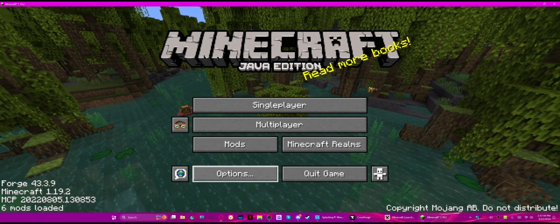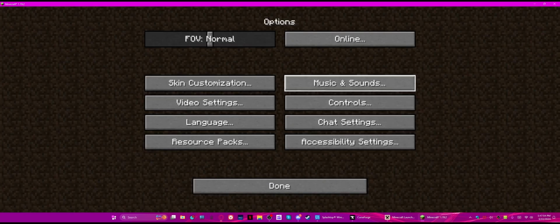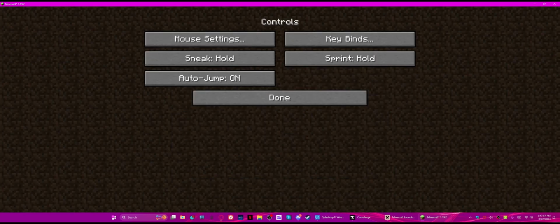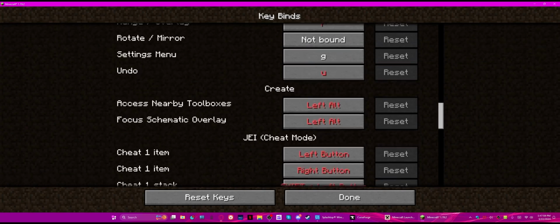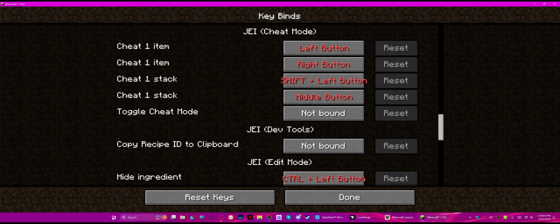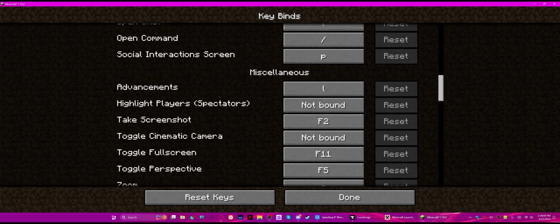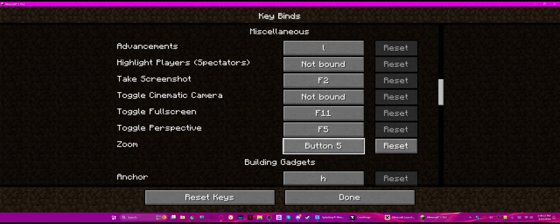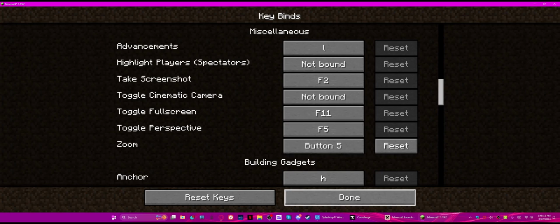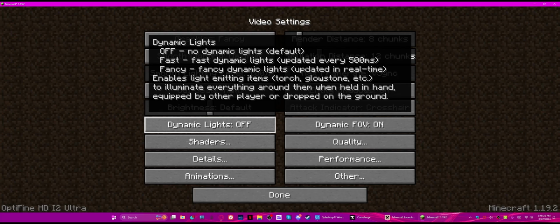But let's go ahead and, so yeah, this is our mod. If you want to customize any of these, you can click this for Create. If you want to customize Optifine, you can go to Controls, Keybinds, and if you scroll all the way down to where it shows miscellaneous, and then I just set this to button 5 because that's on my mouse. So I'm able to zoom in using my mouse. So that's basically what that is. Dynamic lights is basically whenever you hold a torch. Yeah, here you go. Dynamic lights